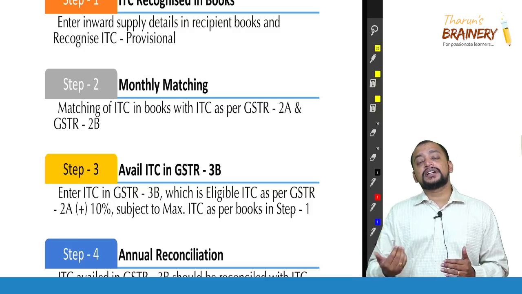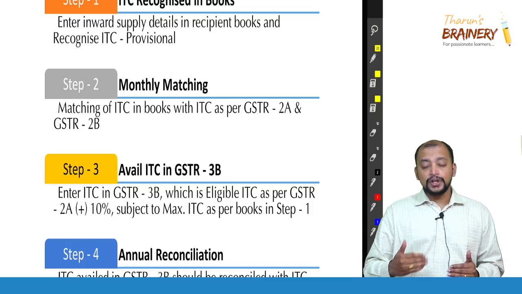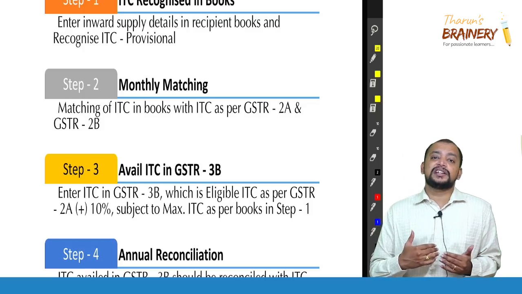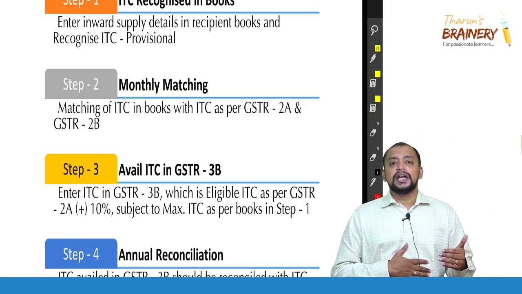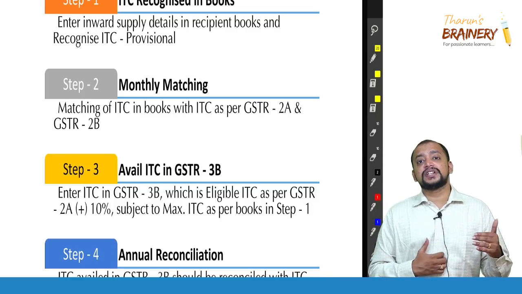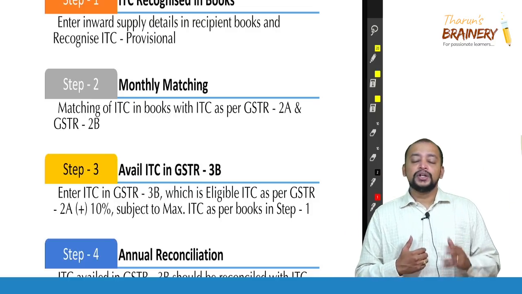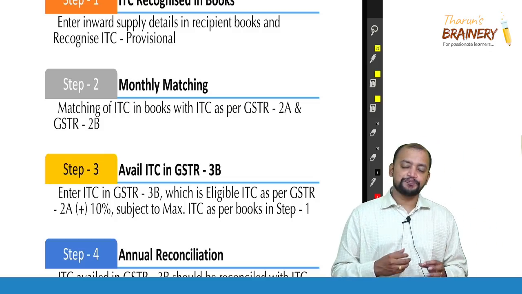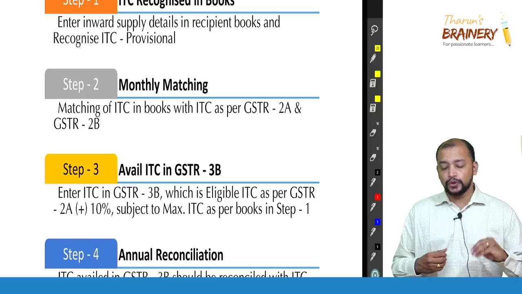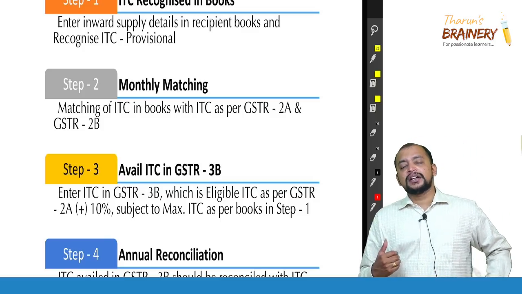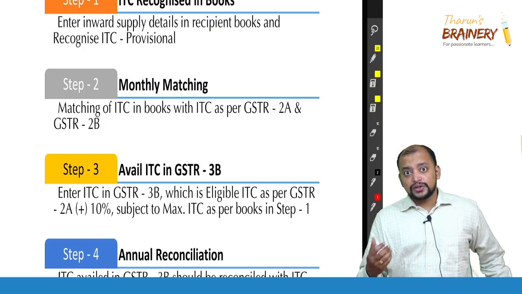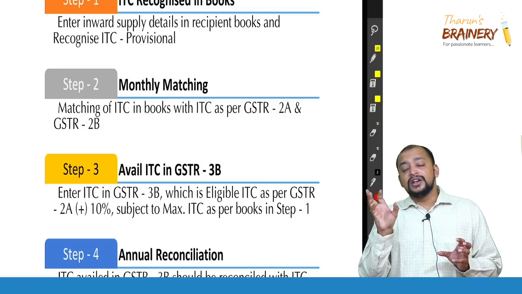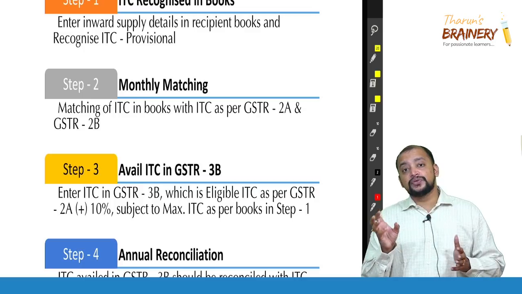Then whatever credit that we take, step number 2, needs to be matched with GSTR 2A and now the latest edition 2B. 2A is a return which is based on GSTR 1 filed by the supplier. 2B is also a return which is based on the GSTR 1 filed by the supplier. Based on GSTR 2A and 2B, credit can be availed. Therefore, whatever credit that we are taking in the GSTR 3B needs to be matched with the credit as